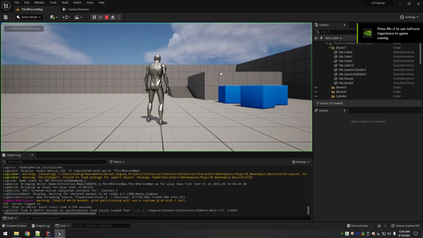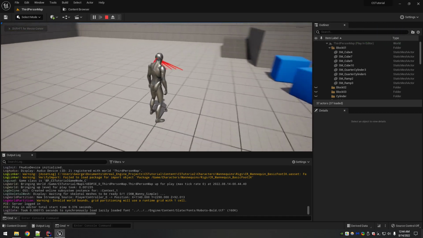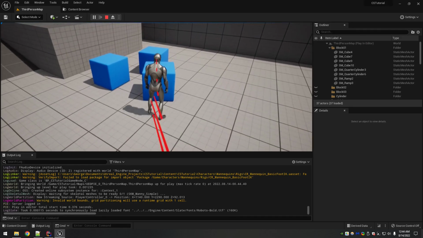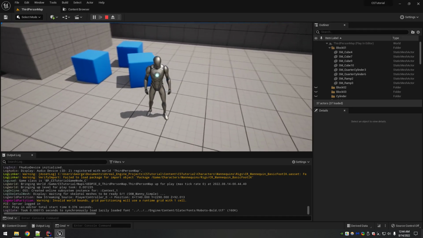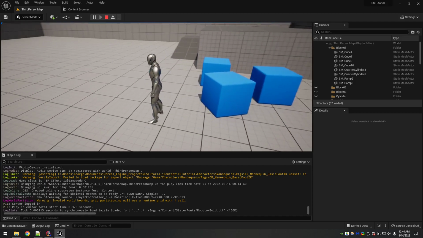All right, so now you'll notice, okay, it looks good. We're looking ahead. We're looking where the character can see. But now what if we're like, oh, I want to trace and interact with this box here. Well, look, the line trace is stopped.